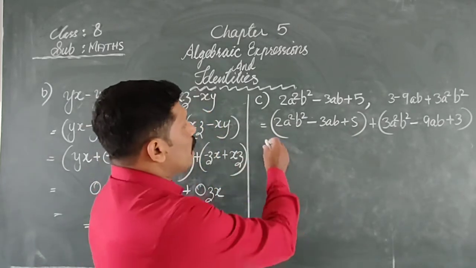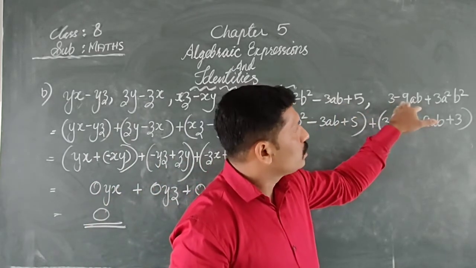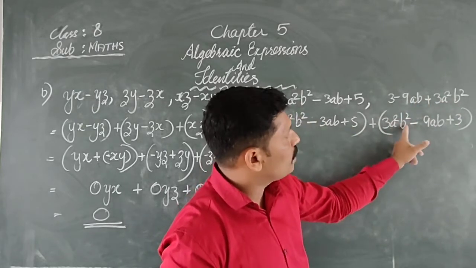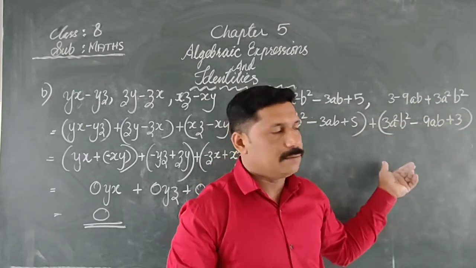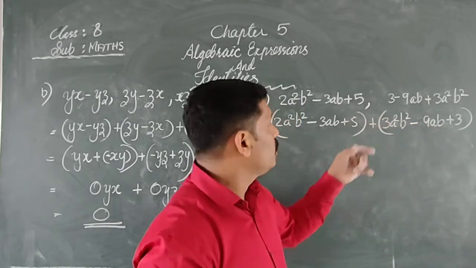So here we arrange that. Here it is a square, b square and b, and that is the order. So here the order is changed. So first we write according to this order: a square, b square, then ab and 3. When you arrange, you should remember that the symbol should not be changed.